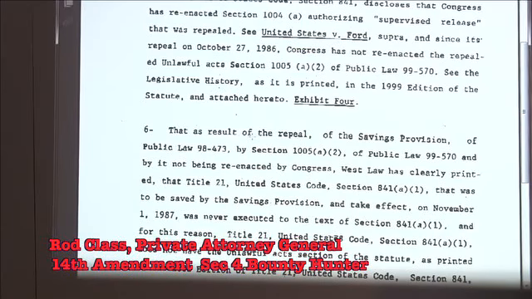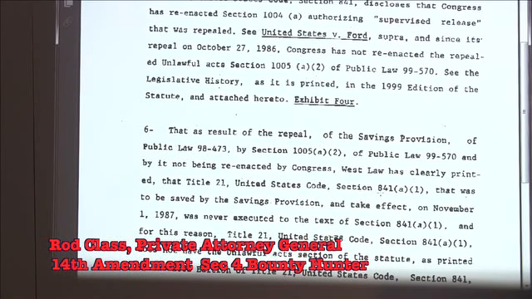That as a result of the repeal of the saving provisions of Public Law 98-473, the Section 105A2 of Public Law 99-570, and by it not being reenacted by Congress, Westlaw has clearly printed that Title 21 of the United States Code,